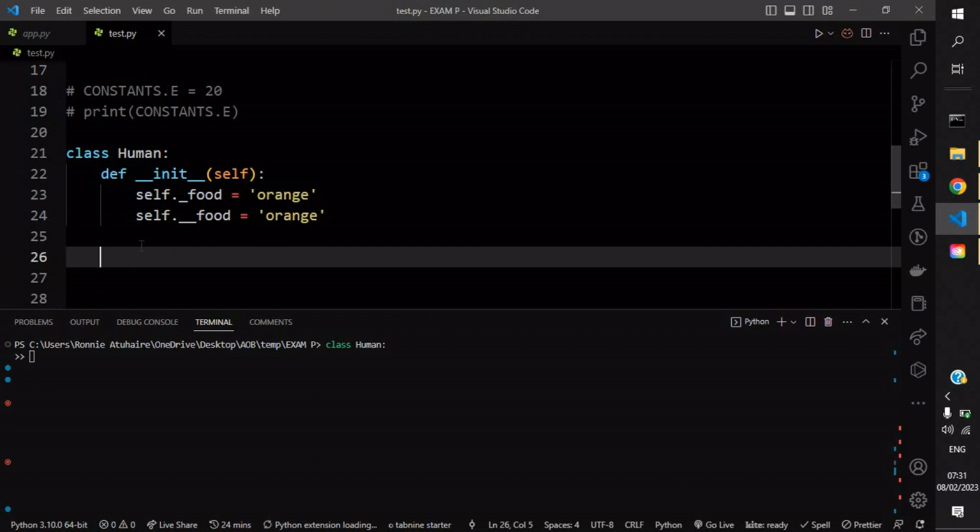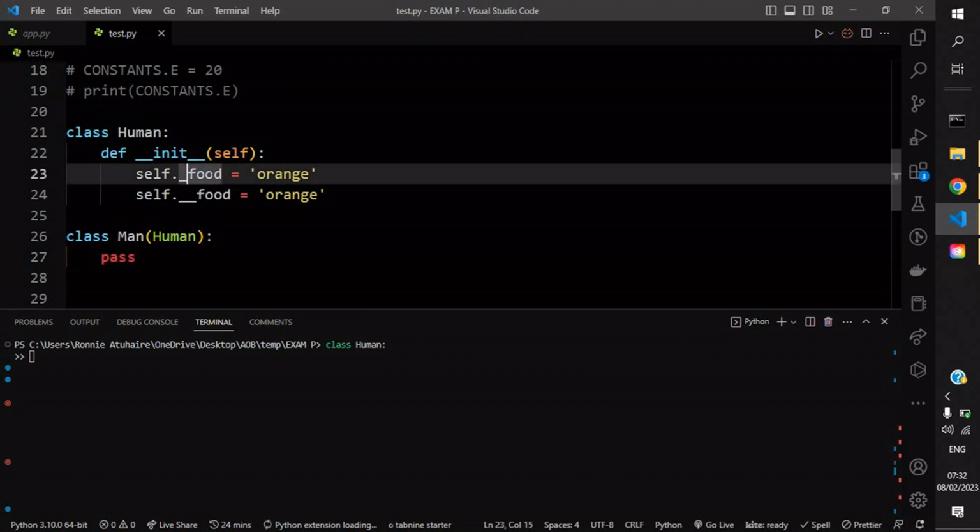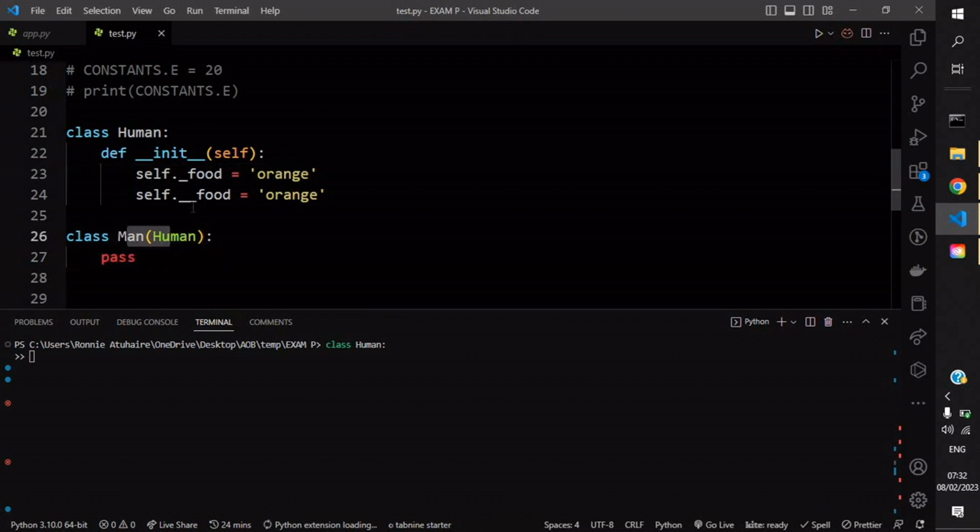For example, if you create a class inheritance of maybe man that inherits from human, let's pass for now. This will be accessed by man, but this will not be accessed by man. It will only be accessed within this class. So it means it's protected.